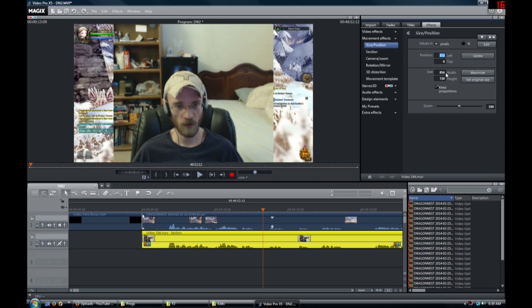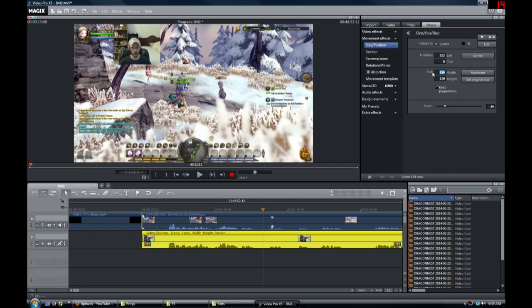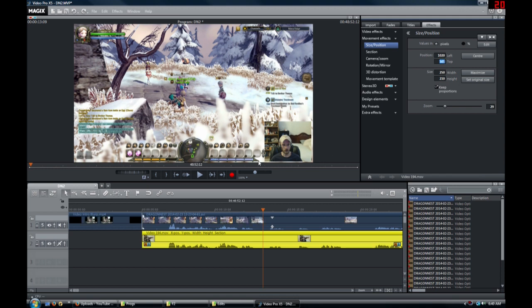Position, this is where it actually puts it. This is the size. We'll go ahead and change the size first. And you see, there it is right there. It's much smaller now. And then now we're going to change the position because obviously we don't want it up there in the random top left. 1020, 505 is going to put it right there at this particular size. If you change the size, you're going to have to change these settings too. But as you can see, it fits in the bottom right now. And it's not taking up the whole screen.